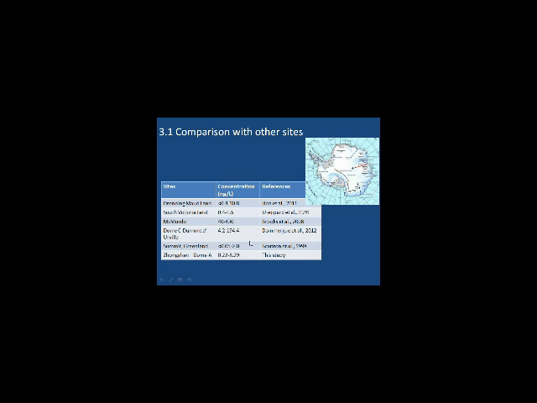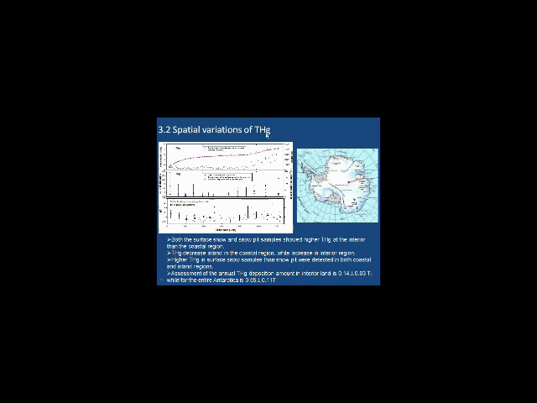First, we compare our concentration levels with other sites in Antarctica. We find that our concentration levels are similar to those at Dronning Maud Land and Dome Fuji, and also similar to the summit in Greenland by Bolton, but much lower than McMurdo and Dome C. We also examined the spatial variations of the total mercury, from the coast to the inland region. This is for the surface snow, and this is for the snow pits. You can find that